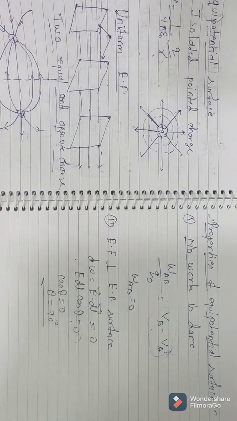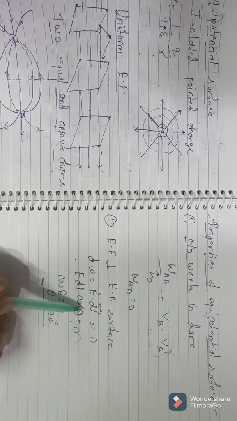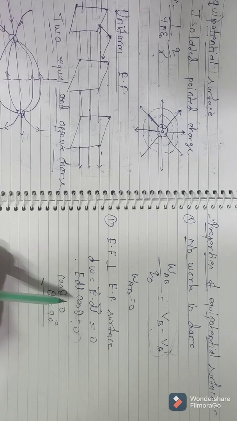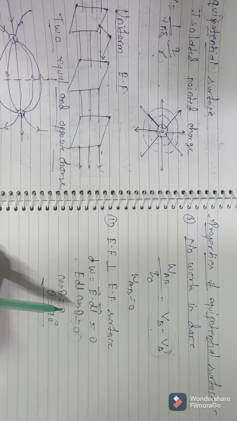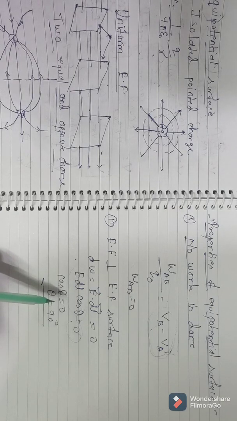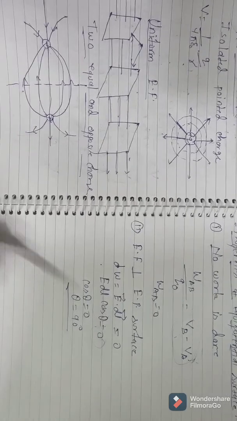So we have proved that the electric field and the equipotential surface are perpendicular to each other. The angle between the E vector and the dl vector is 90 degrees. And what is dl? dl is along the equipotential surface. Then the E vector must be perpendicular to the equipotential surface. Okay. Third property,